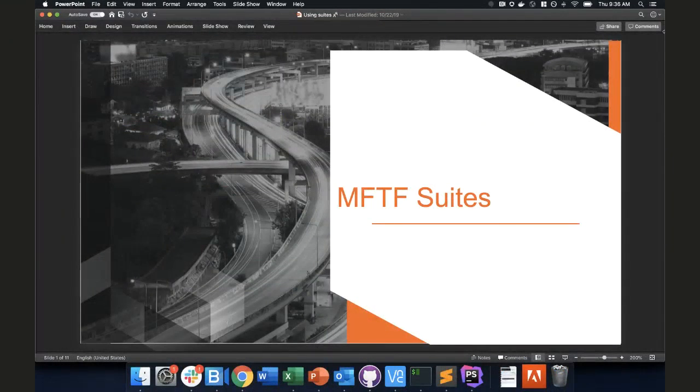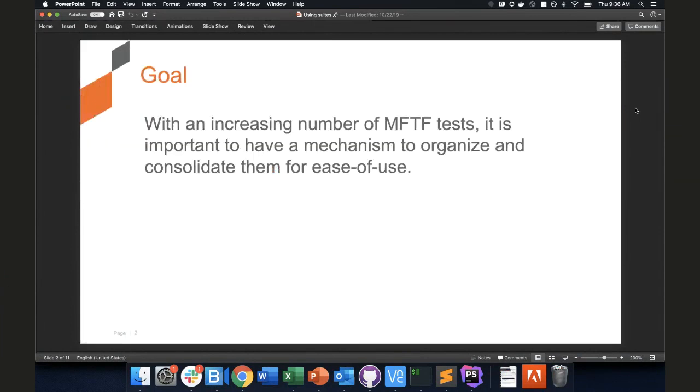Yeah, so like Sumia said, the topic today is MFTF suites and using suites. I want this to be a guide covering basically what suites are, when to use them, and then how to best use them. Try to replicate what we have going on internally, which is a pretty good usage of suites. The goal: with an ever-increasing number of MFTF tests, it's important to have a mechanism to organize and